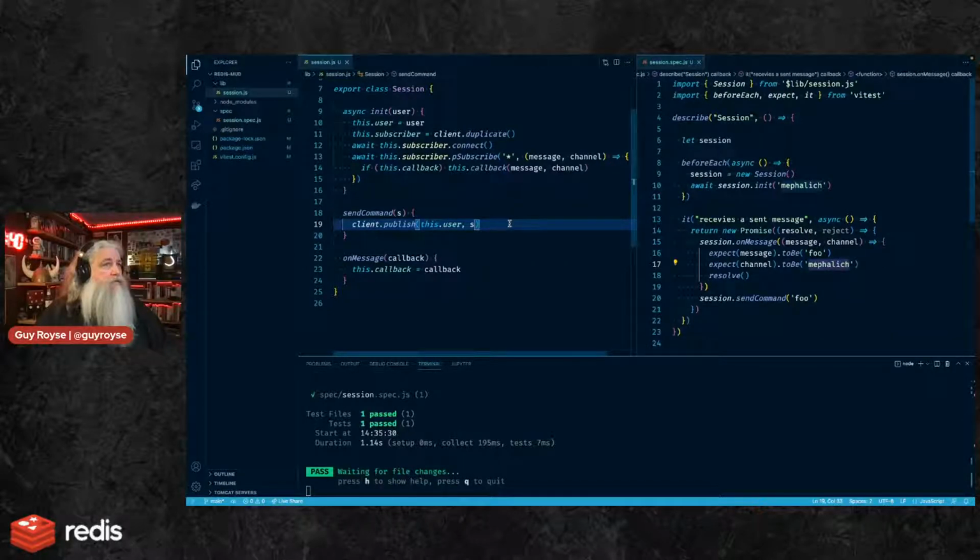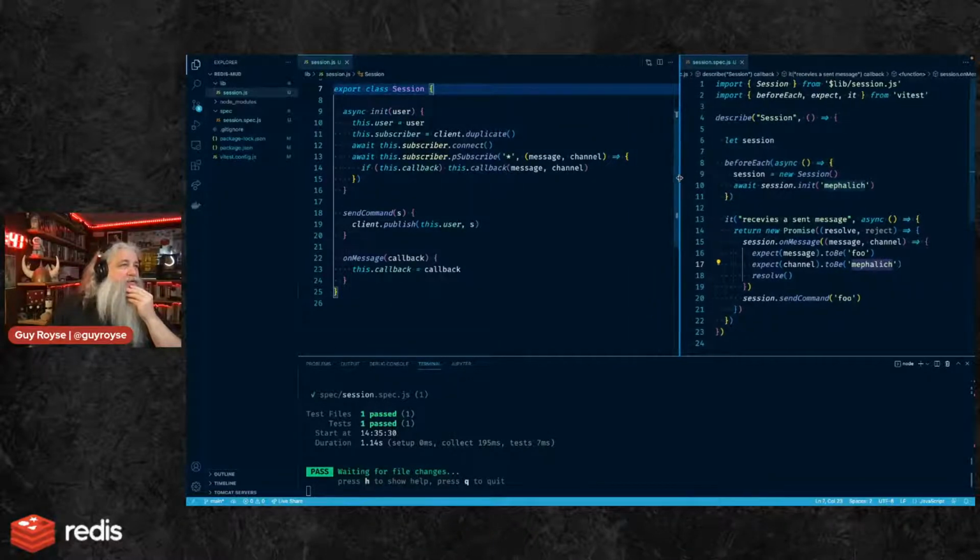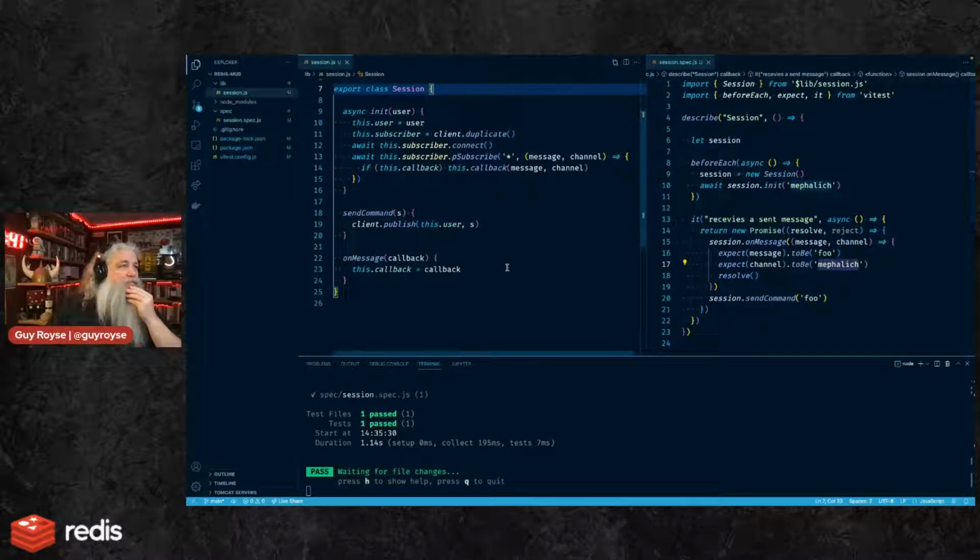So let's see. I don't necessarily need to get the concept of a room yet. Maybe I do. Yeah, I think we probably do need to know what room they're in. How to tackle this problem? So I think, I mean, this is fun and it proves the thing works, but I need something.